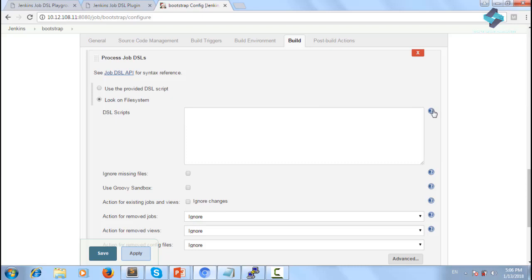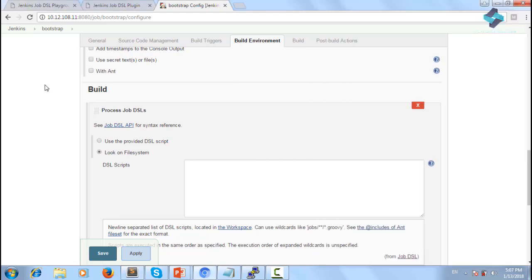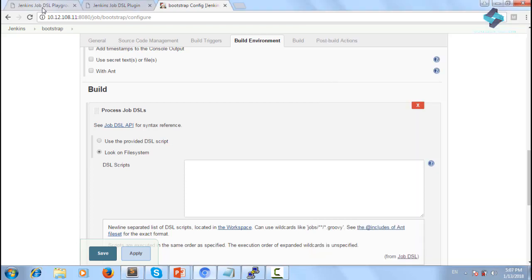let's now test the Groovy features of the plugin. As you can see on the screen, here's a list of examples of the Groovy script snippets that we can configure for this job. You will view how these features work and how they can be used to configure the Jenkins job. Instead of running each feature in the Jenkins environment, let's access the Jenkins Job DSL Playground for quick code test runs. So in a new browser, navigate to the URL